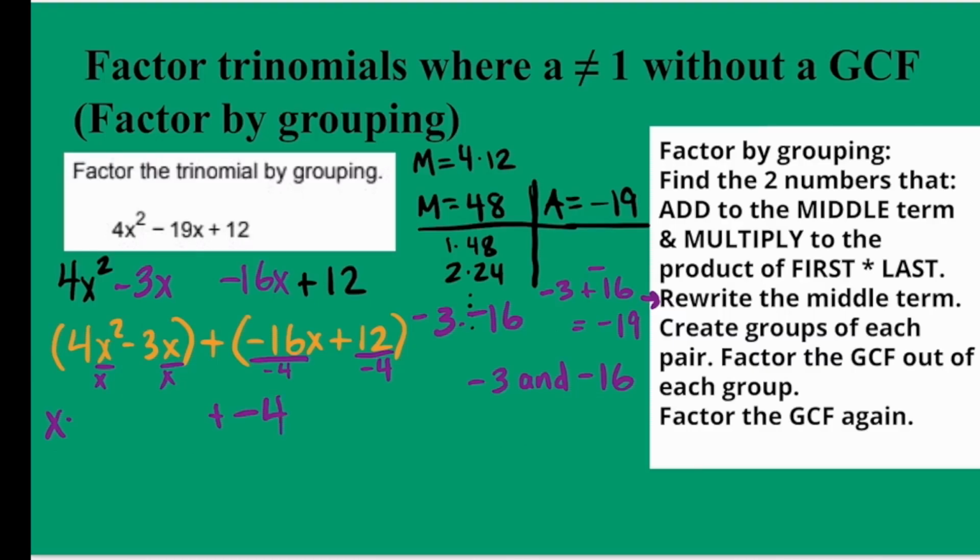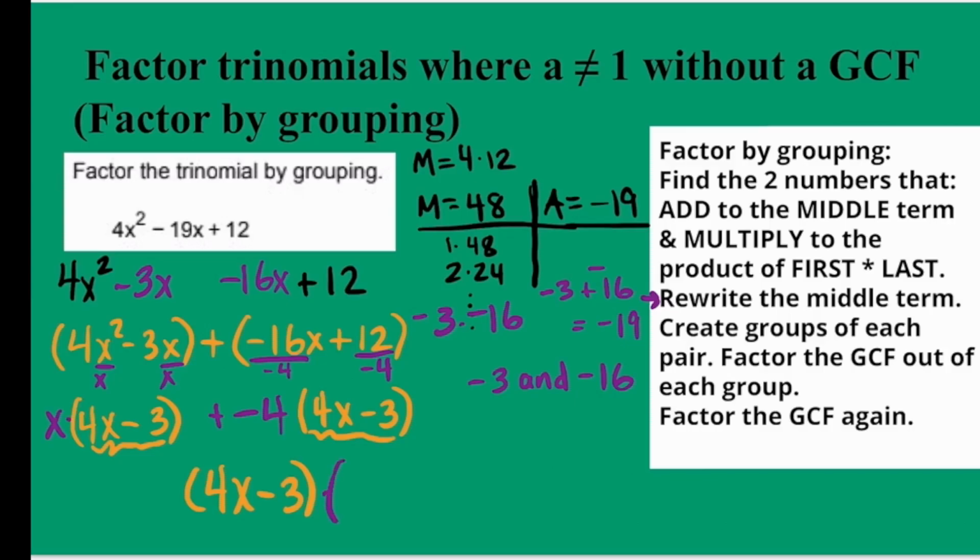In the first term, when we divide out the x, we're left with 4x minus 3, and if I had to guess, the second parentheses is going to be the same. Negative 16 divided by negative 4, so that gives me 4x minus 3. There you go. Super convenient. These are the same, which means it's a common factor. I take out this common factor,